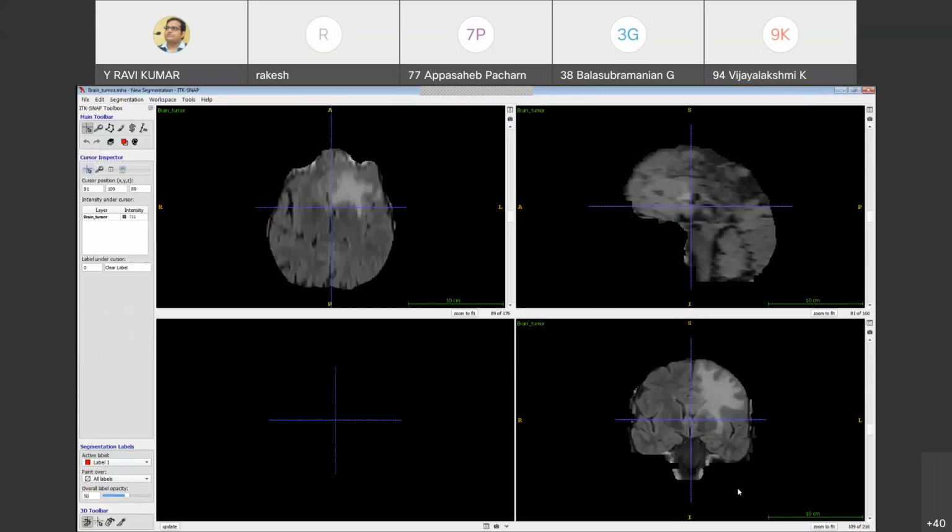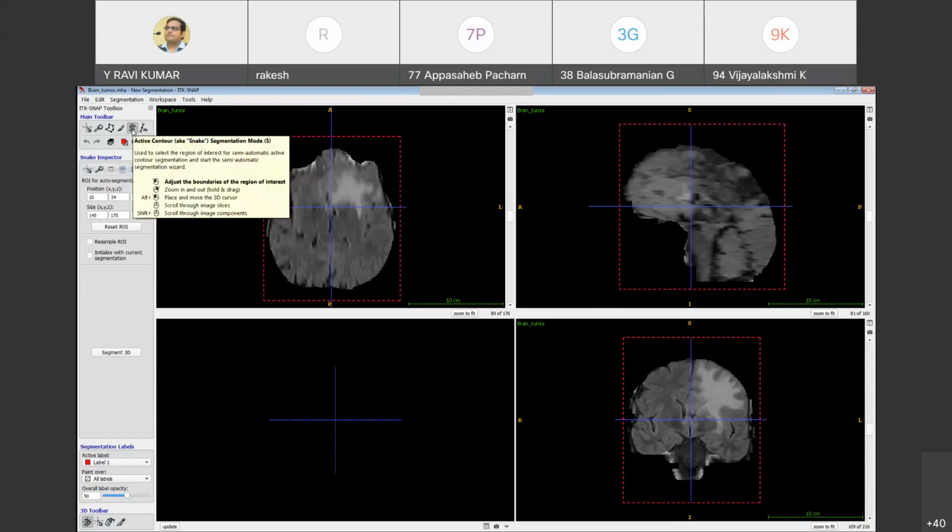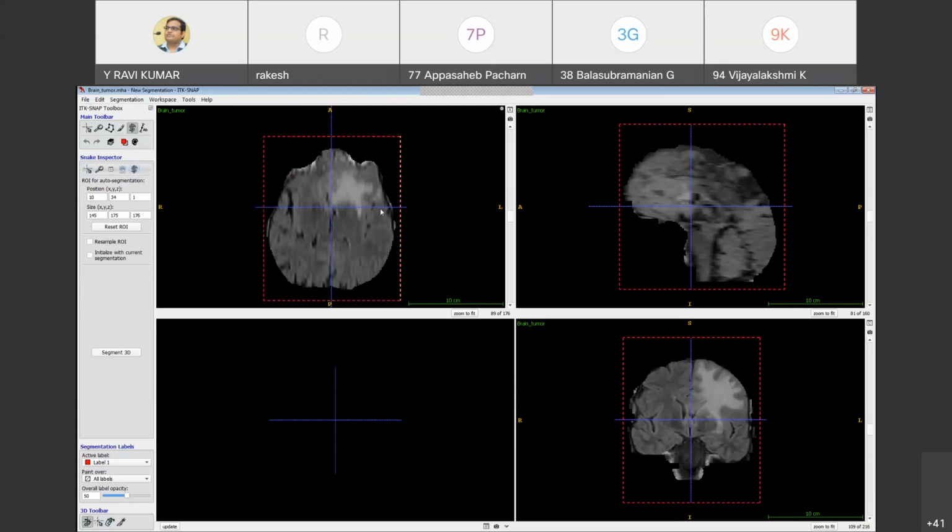So you will get this three planes: coronal, sagittal, axial. In these three planes, I'm just focusing on the medical modeling. So I'll click on this segmentation tab. The region of interest is selected.